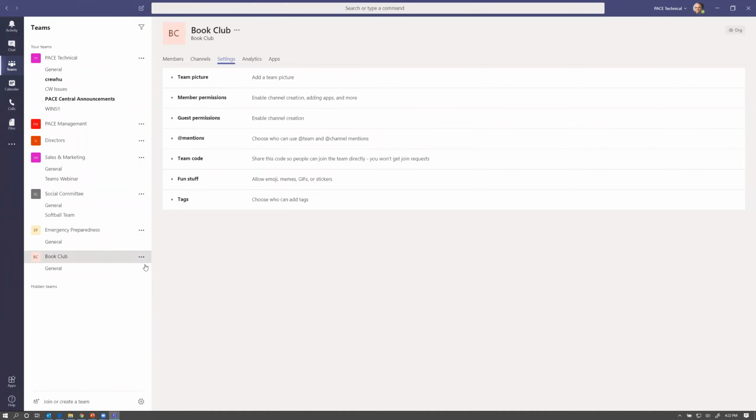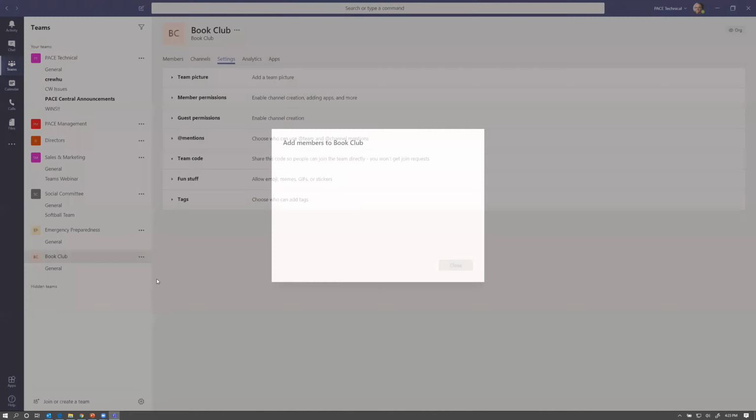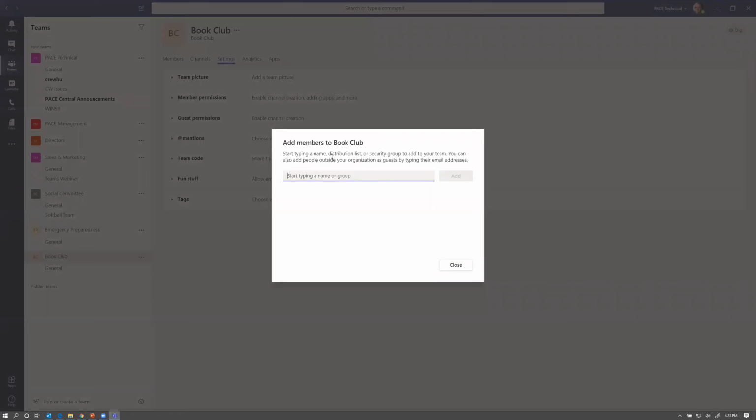So you can also add guest members from outside your organization. I'll just show you that here. So here's how you can add additional members as well. It's basically the same view as when I initially started the team.